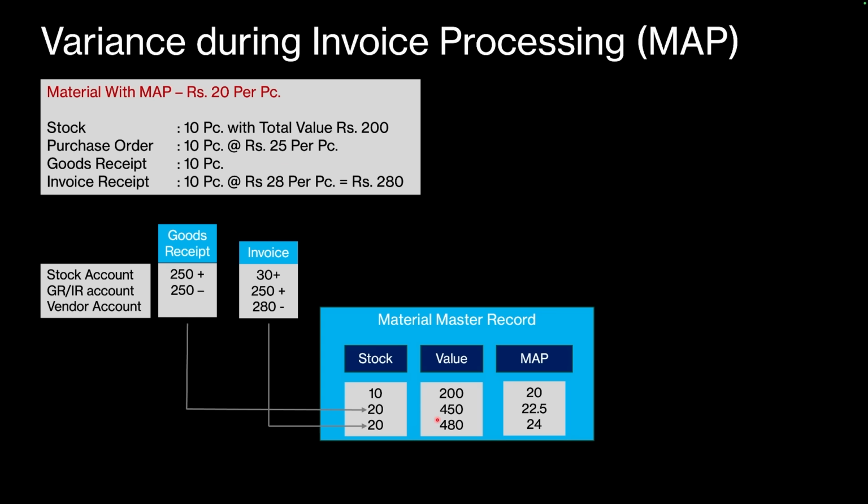So the total value becomes 480 rupees, and again the system has to adjust the moving average price, and now the system adjusts the moving average price to 24 rupees. That is 480 divided by 20. Okay, so you can see here that at each stage, the system has to adjust the moving average price as per the